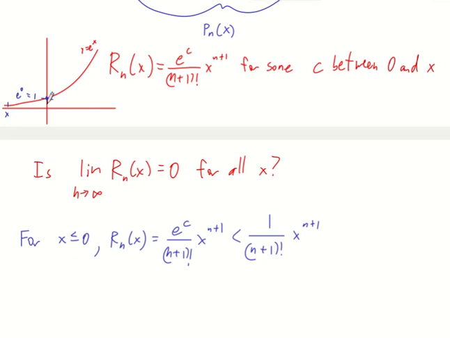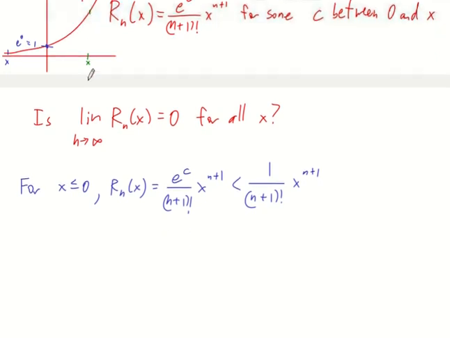And then if we look at the same idea but with x on the right, if x is positive, whatever that c value is, since it's an increasing function, x is going to be the biggest that it ever gets. So we can make the same argument for when x is greater than 0. But for now, let's just look at this. So now we're going to take the limit. So this limit, as n goes to infinity of Rn of x,